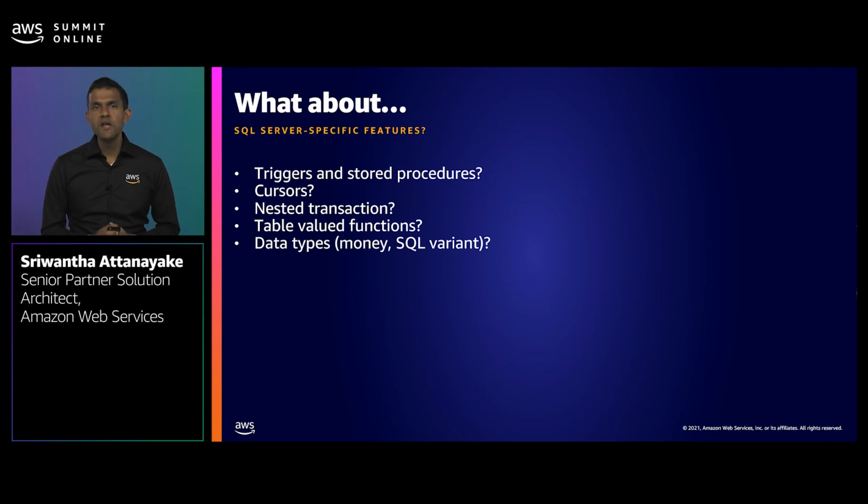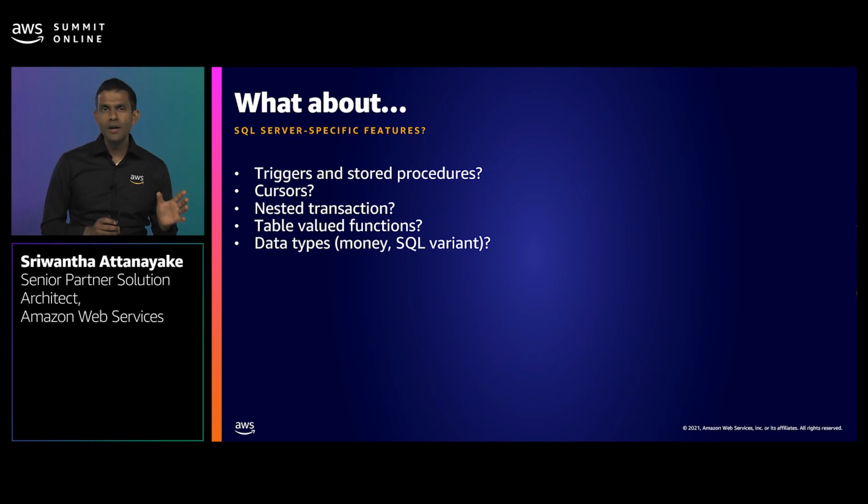I'm pretty sure by now you have a lot of questions to ask, such as whether the triggers and stored procedures will work. What about cursors and nested transactions? How will different data types function? In the initial release, we will try to get most of the critical features and data types working. It may not be 100% feature rich. However, you can get a lot done and accelerate migration with the initial features we will release. Since you can run SQL Server and Postgres side by side, you can slowly and carefully do your migrations.